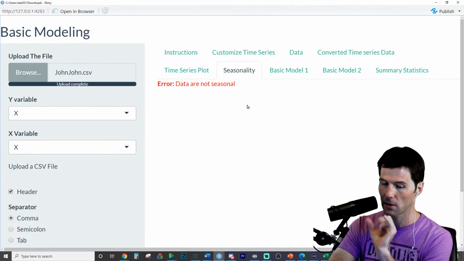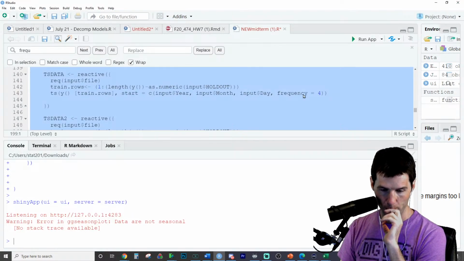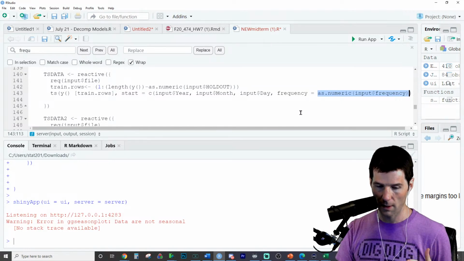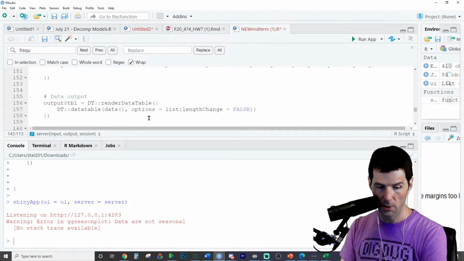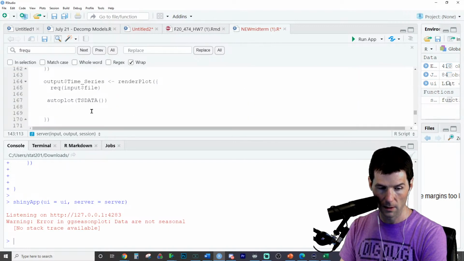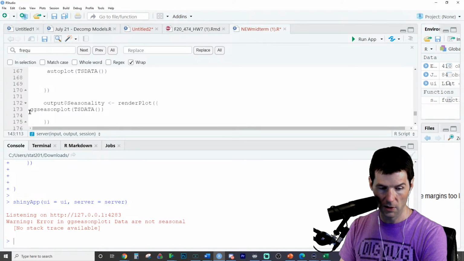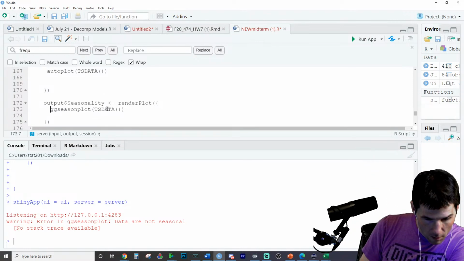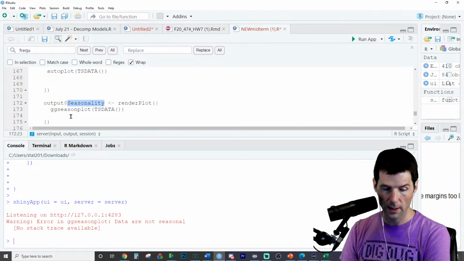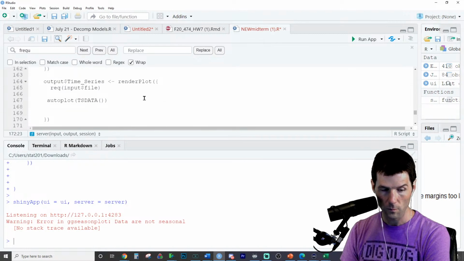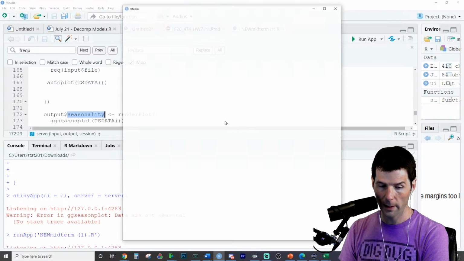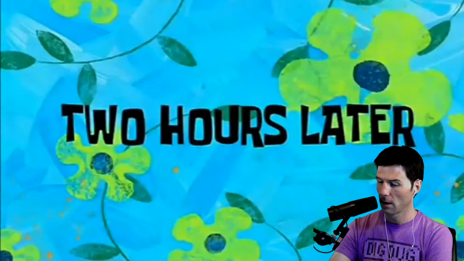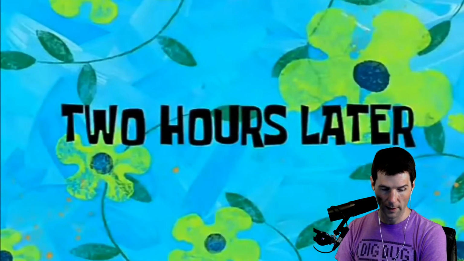That's not where we're grabbing this. So this is where we have to take a moment. That's not the issue, because that is giving it a frequency. This is the TS data right here. What plot is doing the seasonality? Let me go look at where the seasonality is being done. Here's the seasonality. It's being stored right here in the ggseasonplot. The TS data. We got the autoplot. Let's see if the autoplot is running. Oh, no, this is the way coding works. Let's make sure the autoplot is running.